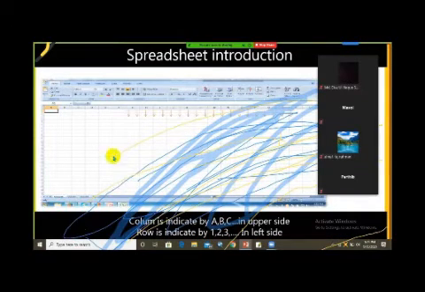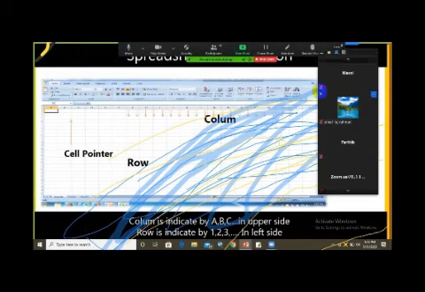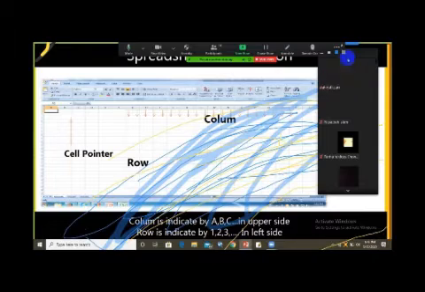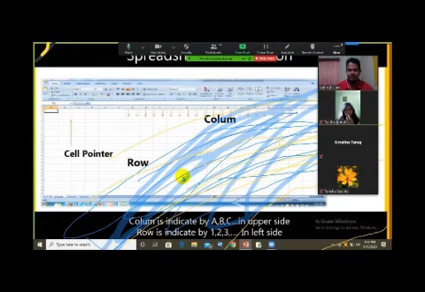Okay, look at the picture. Can you see the MS Excel window? Okay, I show here the cell pointer. There are some lines, and this is the cell pointer. These are rows and these are columns. Where the row and column are, I show here.